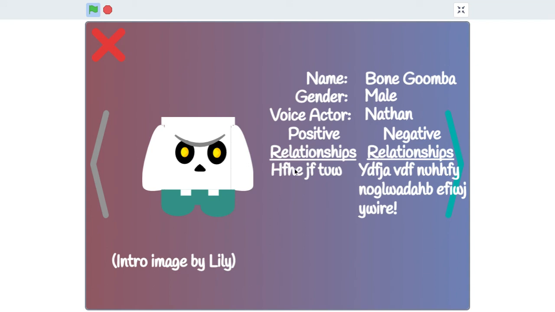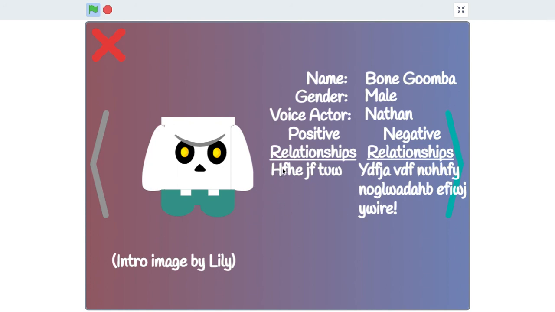who has some interesting people in the relationships. Fun fact, this is actually a different language that works using a cipher. And if you can crack this code, then you can work backwards and figure out what Bone Goomba is saying, both here and in the episode.